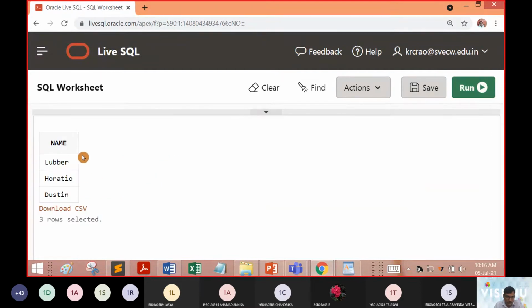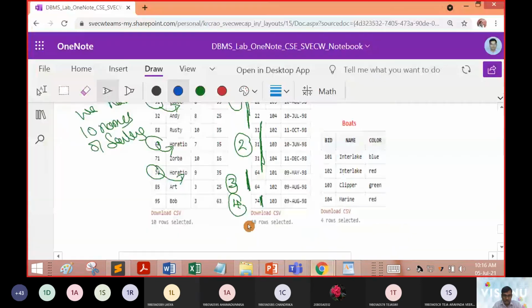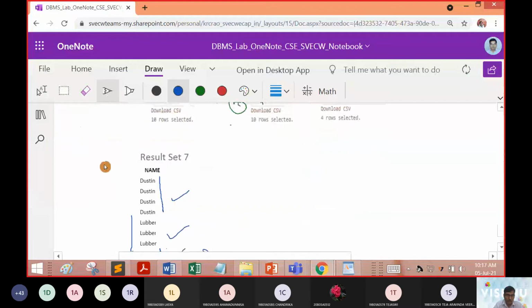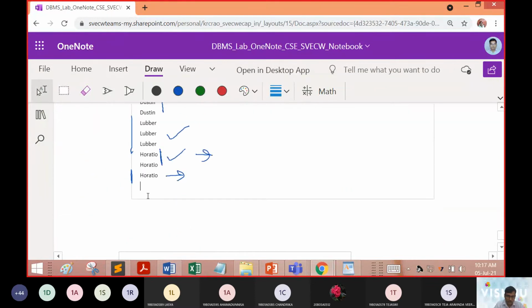So got it. 1 we call Luber, 2 we call Horatio, 3 we call Dustin. So why did we get these 3 here? Because we made the unique value towards generating the result. So that is the reason why we got the appearance with the 3 values.